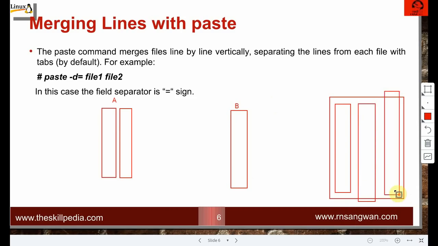I want these three columns in one file, the C file. Concept is clear.